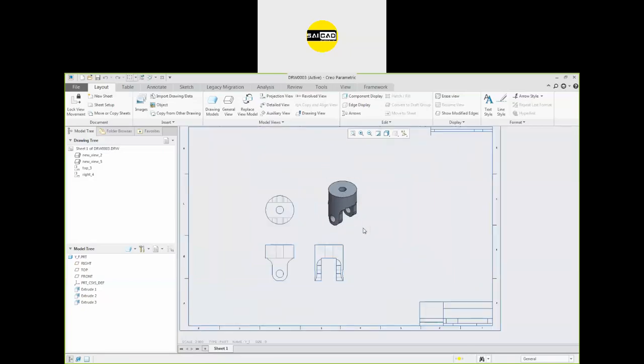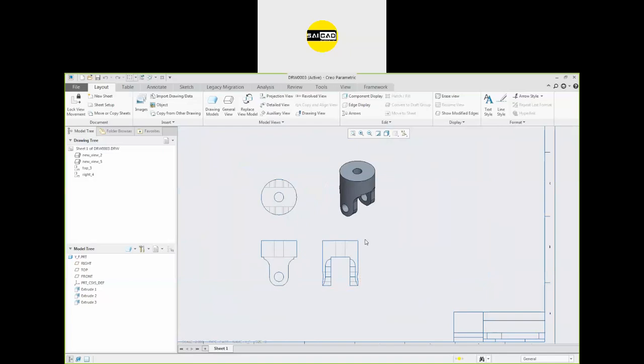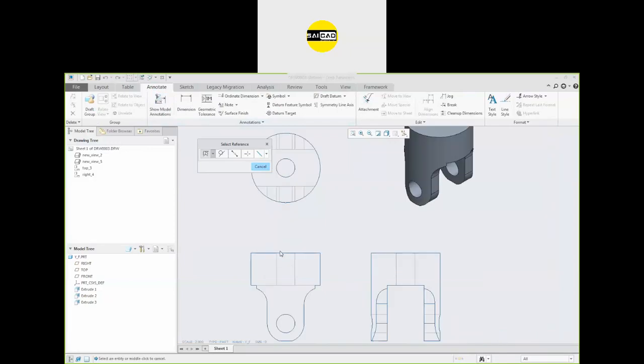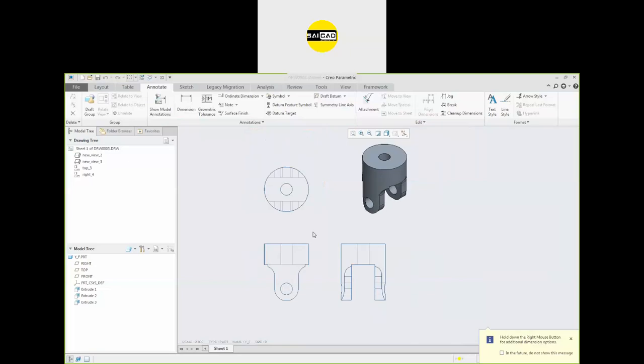Okay, so the last thing we have left is how to insert the dimensions inside the part, how to define the dimension value. To do that, we have the Annotate tab here. Now we have this option here, Show Model Annotation. You can create a dimension from here, but we don't have to create one. We have all the dimensions defined in the 3D file, so we can just import them directly from this Show Model Annotation.